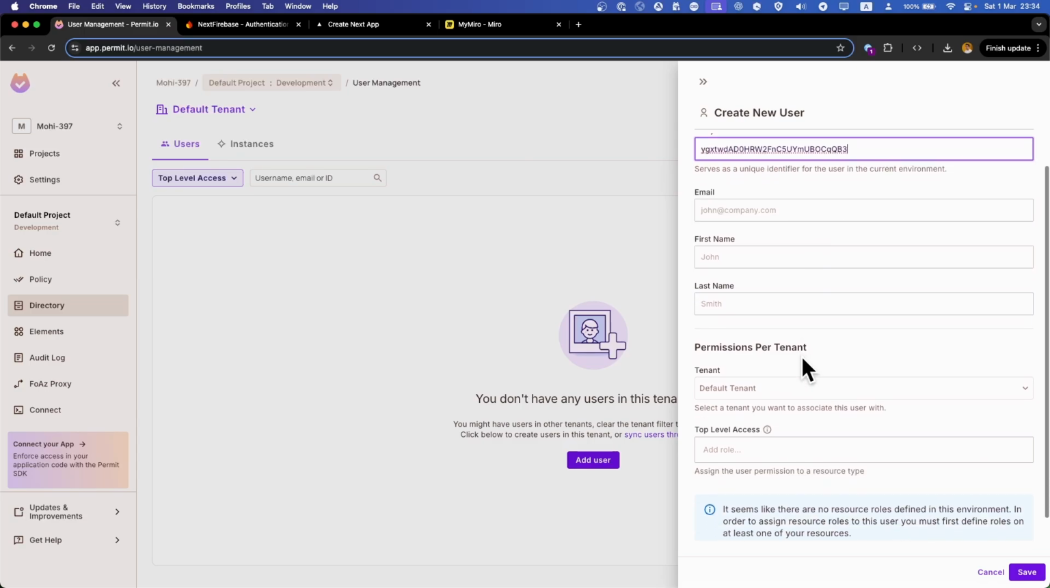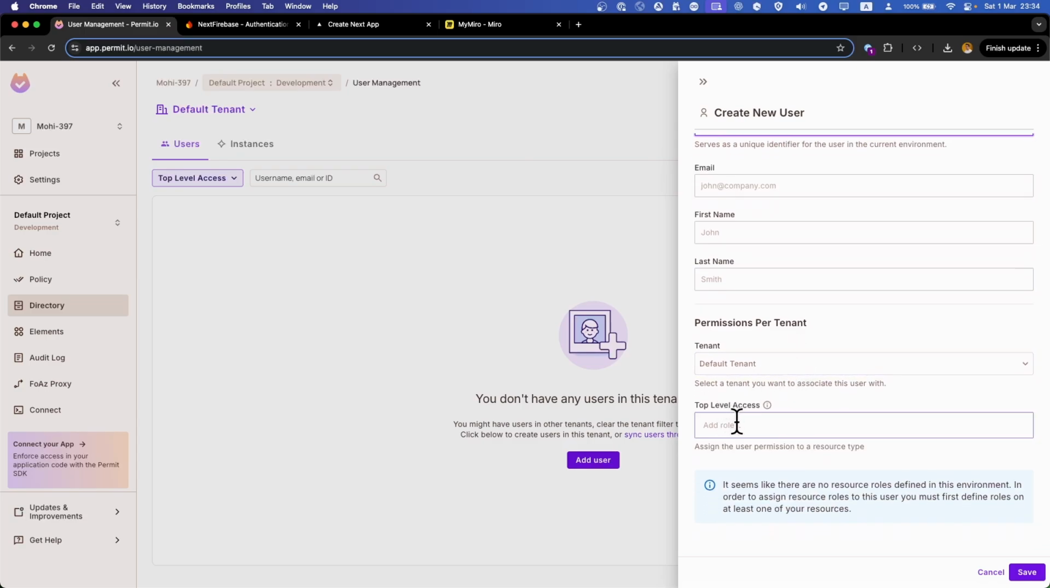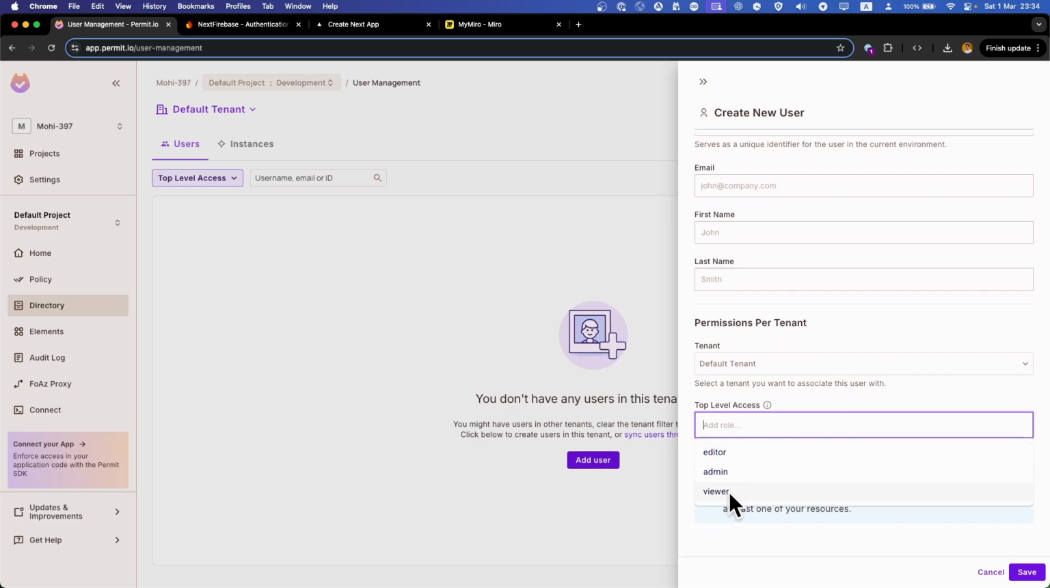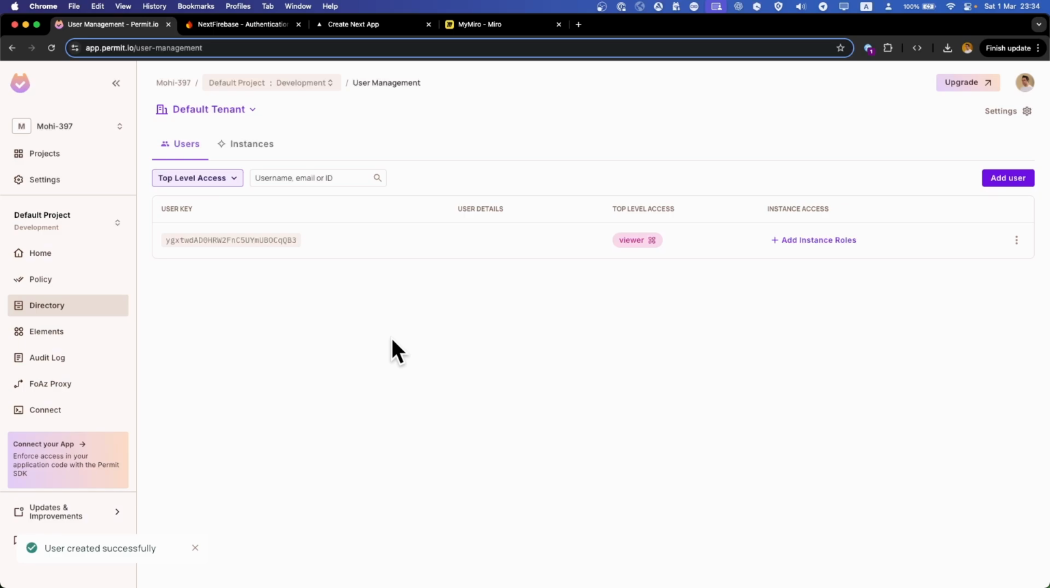And then if I scroll down in the top level access, I can specify all the roles that this user can have. For example, this user is only a viewer. So let's save it. And we are good. So we have created the mapping between the users and roles. Now it's time to go to the Next.js application and write some logic